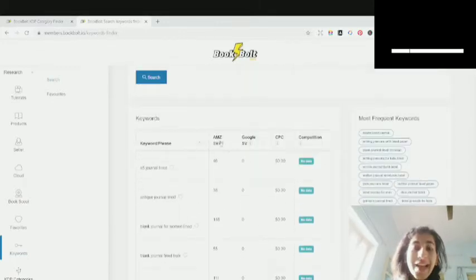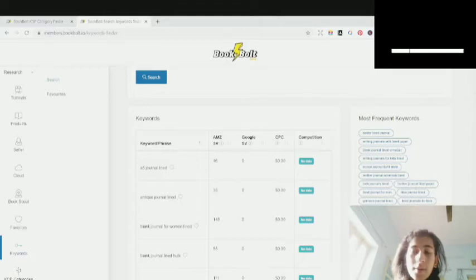In this, first is the Amazon search volume. Like for this particular keyword, what is the search volume on Amazon? Then that is the Google search volume, and this is the cost per click on Google. So you can see what is the CPC of each keyword targeted, and then there is the competition regarding it: how competitive the keyword is, or is it less competitive, and so on.